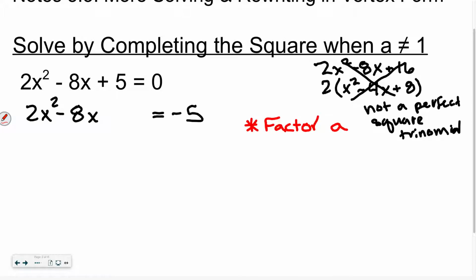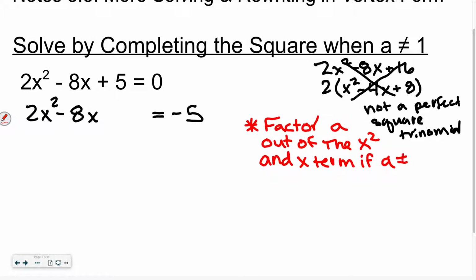Factor a out of the x squared and x term if a is not equal to 1. So any other number, if there was a 3x squared, a 5x squared, a 1/2 x squared,